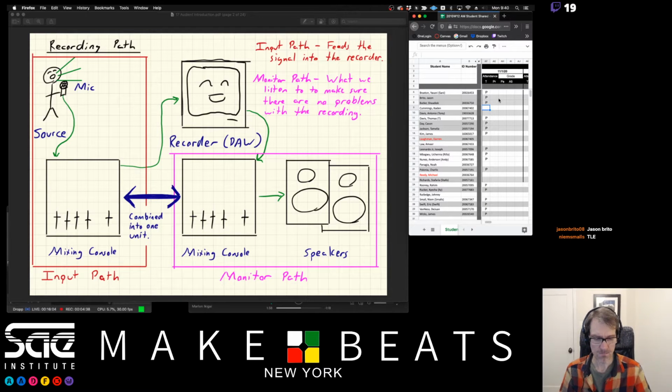So when we record the multiple tracks at the same time on our multi-track recorder, that's where the recording happens right there. But what we want to do is actually listen to it after the recorder, because we want to make sure that there's no problems with the signal path. Now, if we think about it, if we look at my picture here on my screen, where could the problems